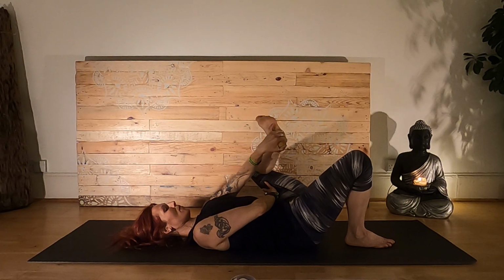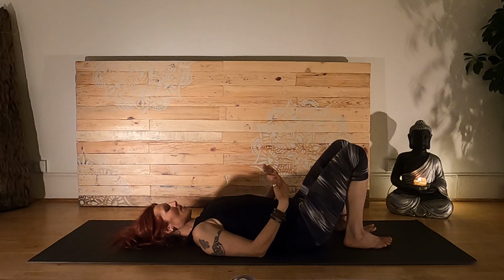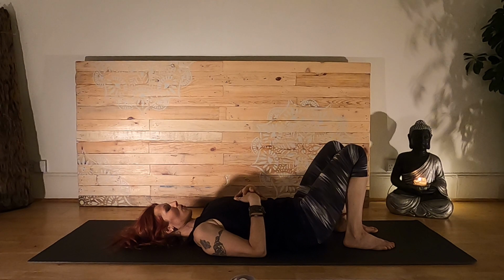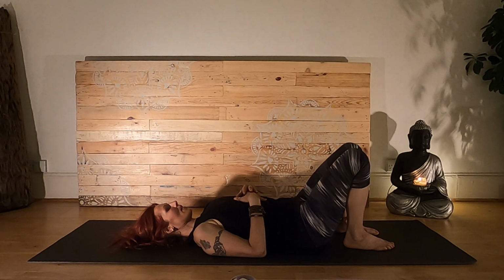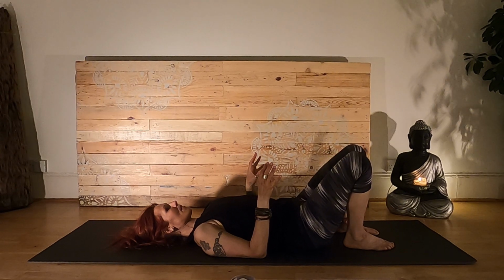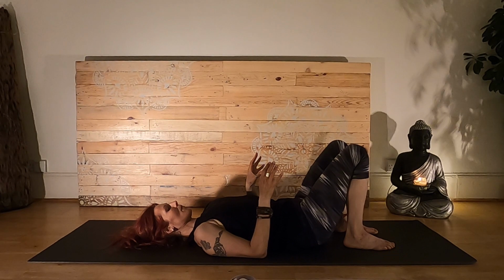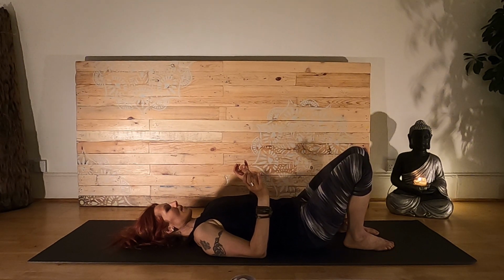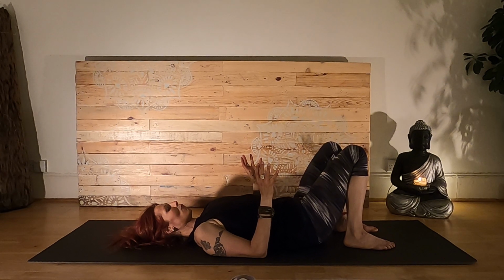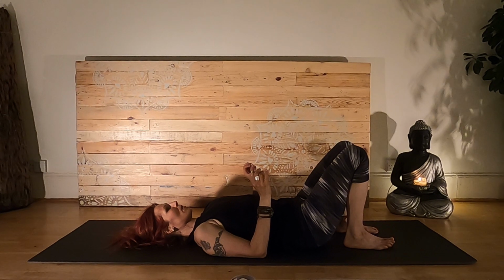And then when it's enough, you just release down. And again, notice how the body drops. You might just rock your legs a little side to side. So you just shift the weight across the back of your pelvis. That can feel really good. Now you can stay with this, just really tentatively light rocking movement, or you can bring yourself into a spinal